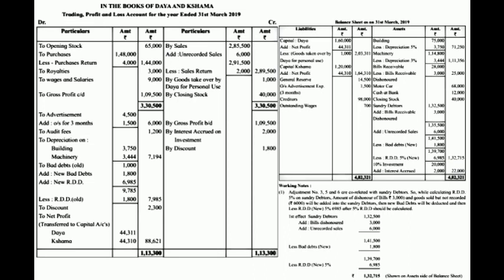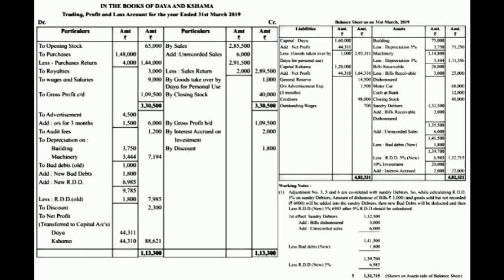Interest we are going to receive, that means it will increase my investment. So we have to add this interest accrued. This interest we have not yet received. It is going to be received in the future, that means the next year. So it is written as accrued interest, outstanding interest. So in 10% investment 20,000, we have to add interest accrued 2,000. So the total comes to 22,000. We have to show it in the outer column.